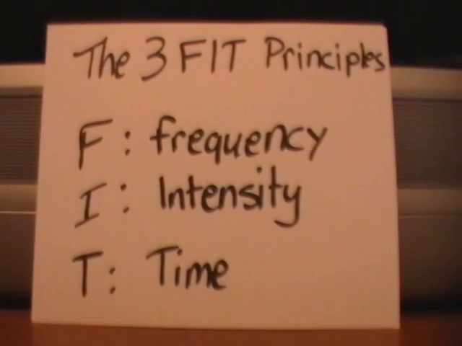I is for intensity. This refers to how hard you should exercise. Aerobic exercise should take place at a moderate intensity level, not too easy, not too hard. This intensity is ideal for the general health benefits that come with exercise. Exercise intensity is most often measured using heart rate. The recommended heart rate range is 60% to 85% of your maximum heart rate. The range for my students is 135 to 180.